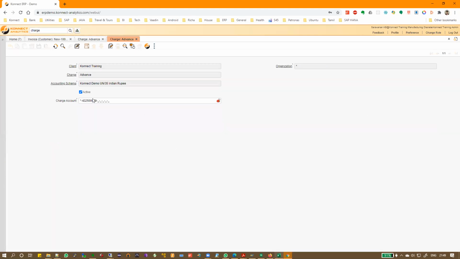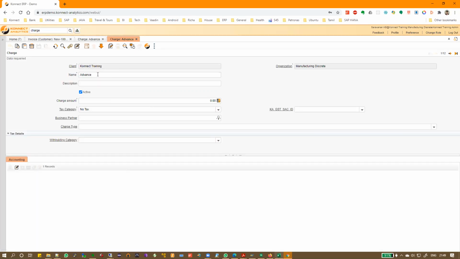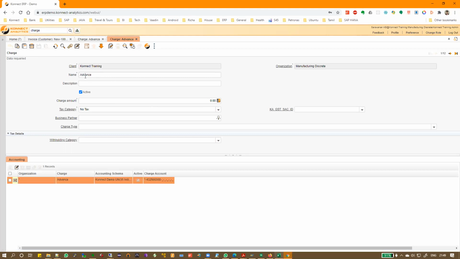which account you are mapping it to, it will get posted in the accounting side. Okay. Okay, that does not mean that you can call advance as an expense item. No, this advance will only be visible in charge field. Okay. Mm. Okay, in accounting it will not be visible. Did I answer it out? Yeah. Okay. Thank you.